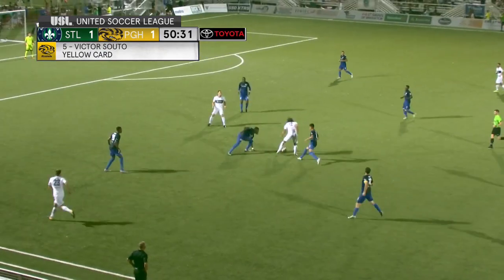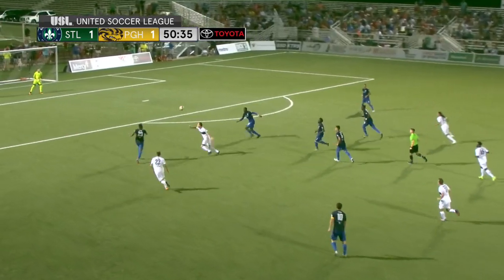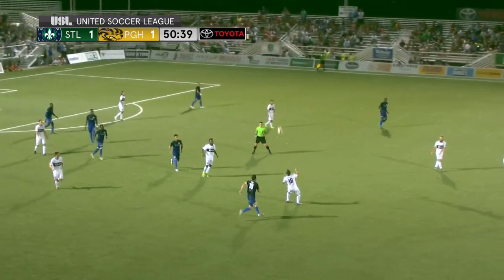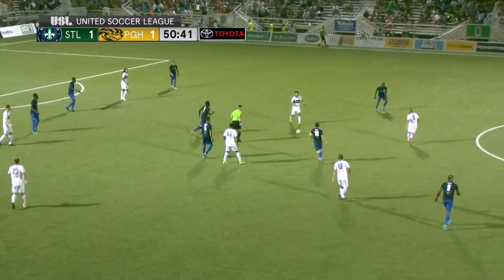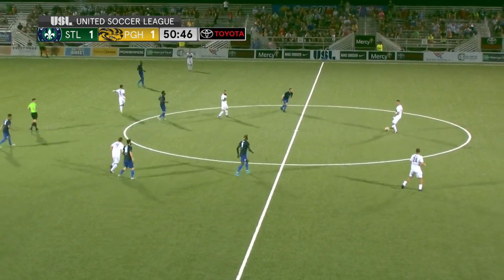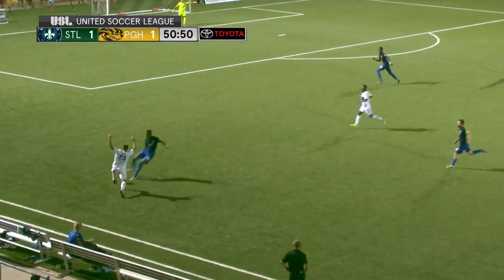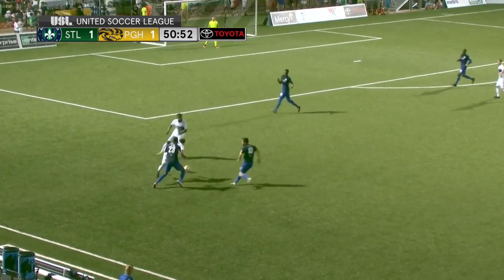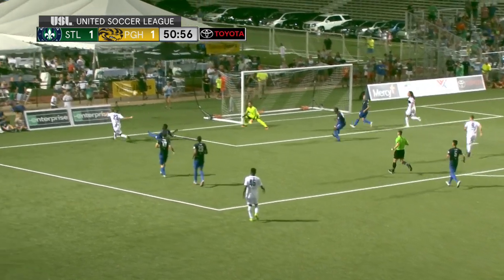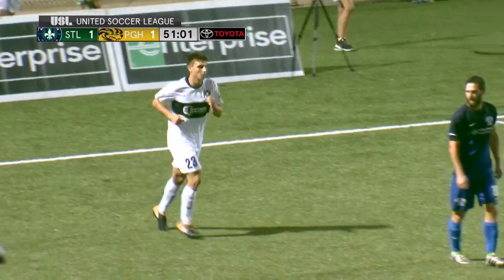David using his big frame, still on the ball, flicks it forward. Valesky just couldn't catch it cleanly. St. Louis will look to build from the back. Pleva out for Howe, trying to dance around. He does. Can he get off a shot? He's going to dribble onto the line and earn his club a corner off the body of